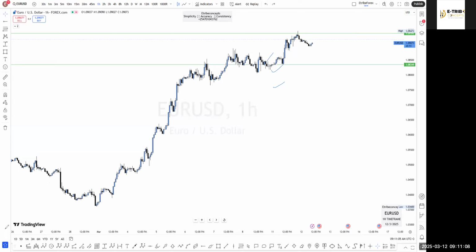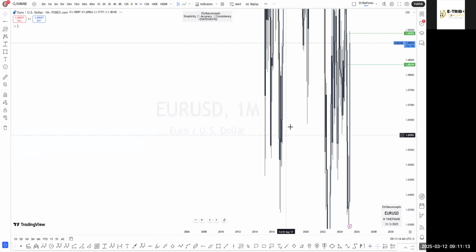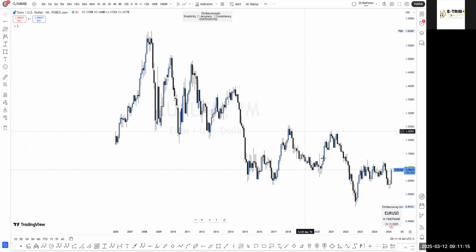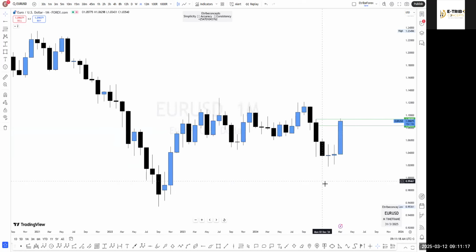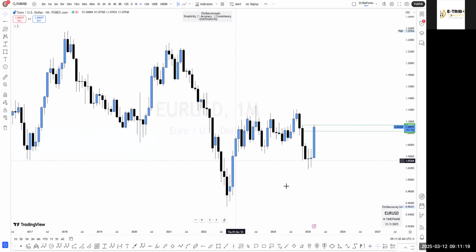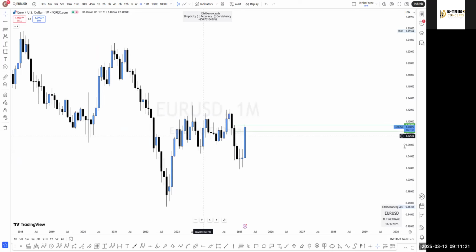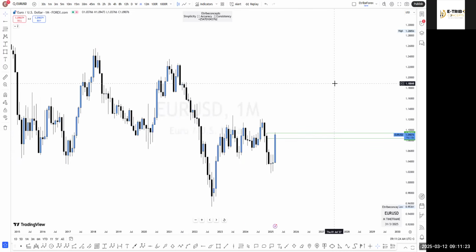I hope you guys can see my screen, huh? Okay, perfect. So starting with the EURUSD, the recent structure, I think I need to do a bigger time frame breakdown so that I show you where we are heading to